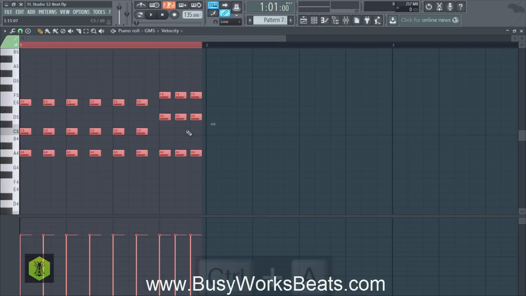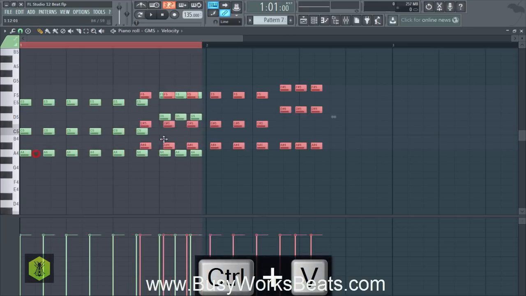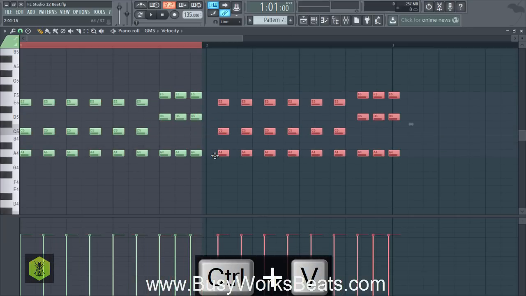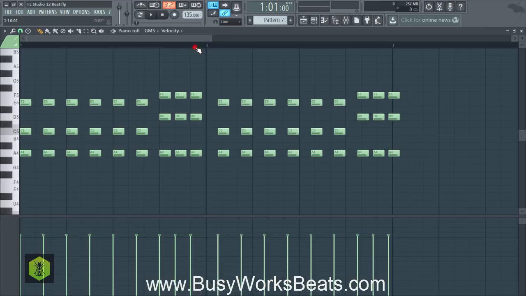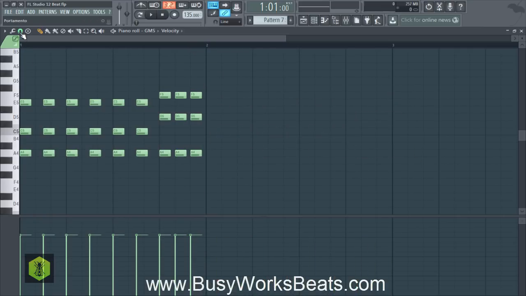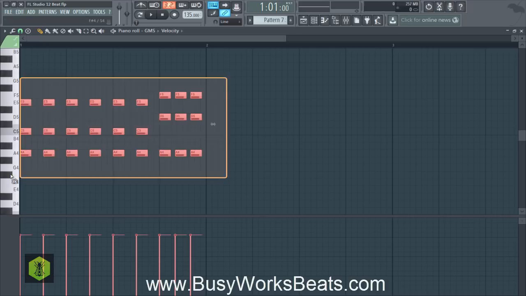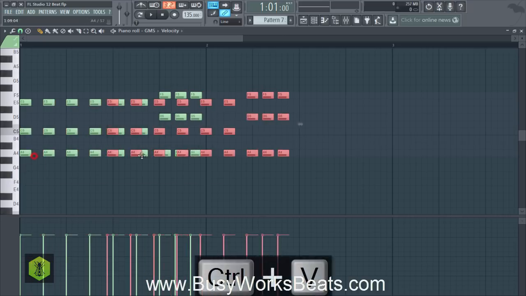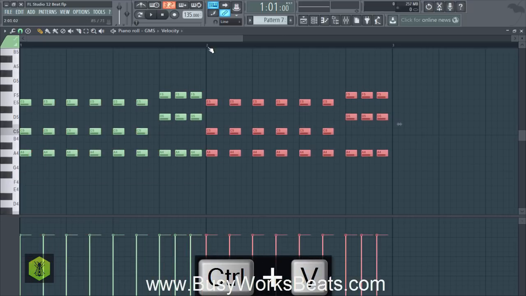So we're going to hit Control A now. We're going to hit Control C to copy, Control V to paste. And we're going to just drag the chord progression over. Now what happened is I have it on triplets, so the snap to grid. So before you do that, change your snap to grid to a half step. And we're going to hit just Control, left click and drag, Control C, Control V to copy and paste. And now we can drag it into the next bar.